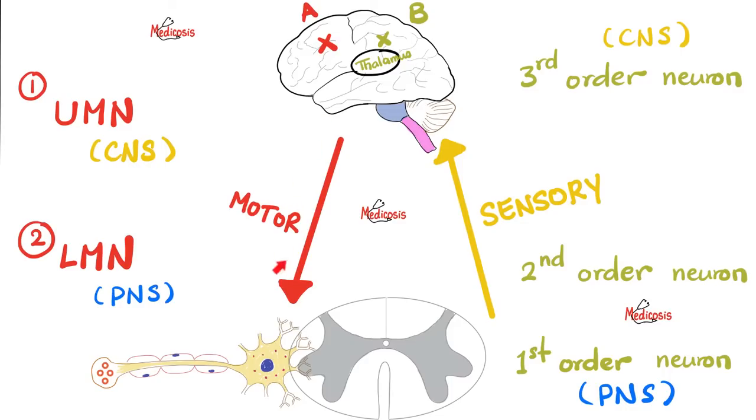This is the upper motor neuron. It's not affected in myasthenia or Lambert-Eaton. This is the lower motor neuron. It's not affected in myasthenia or Lambert-Eaton, except the last part. The axon knob is affected in Lambert-Eaton myasthenic syndrome. And then when you draw the muscle, the skeletal muscle is affected in myasthenia gravis.